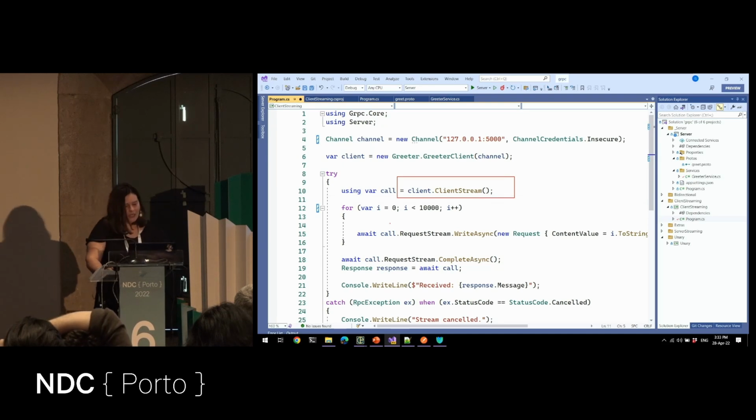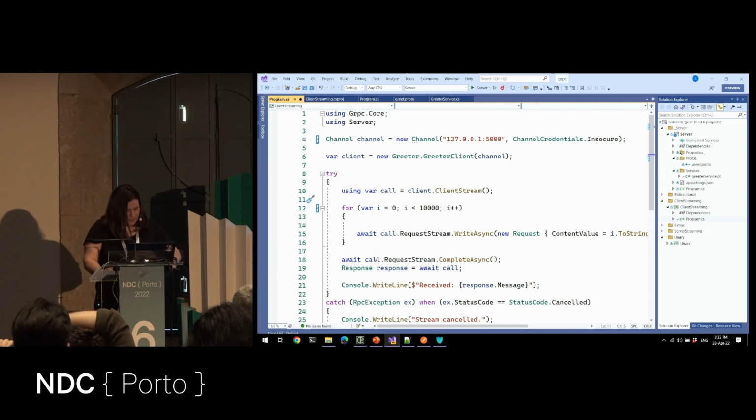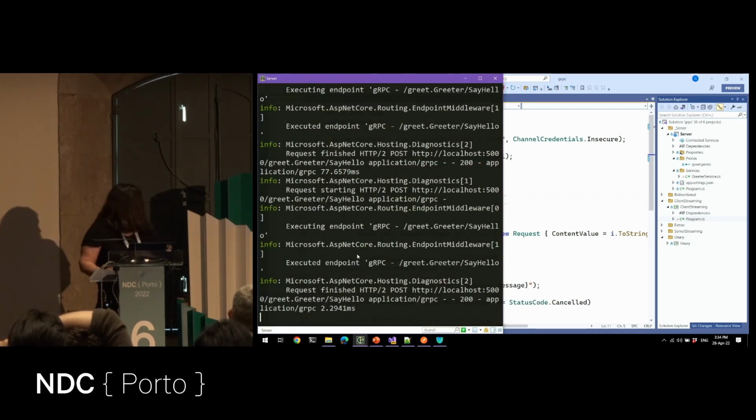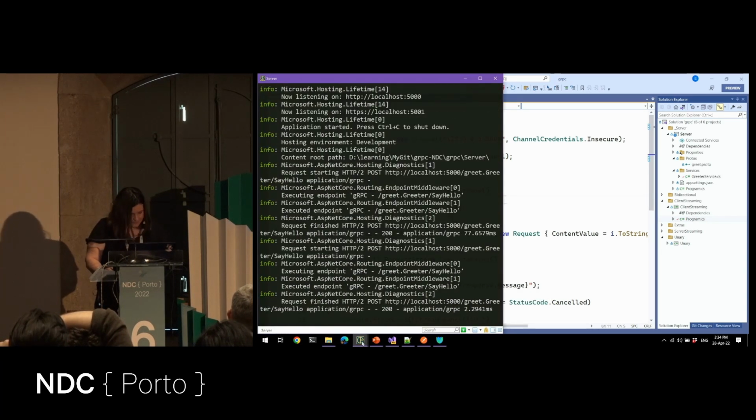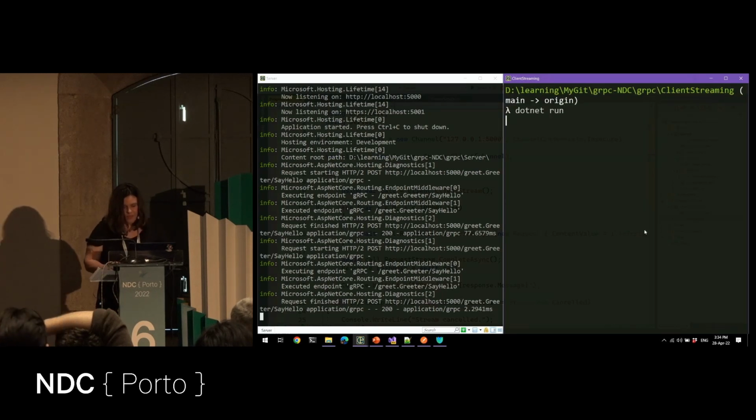That client stream has no apparent logic. It has a for loop that goes to this value and simply writes the value, makes the request with I. Okay, and what we're going to have here is the response. We need to sort of wait and see that the request is done. Okay, so what I'm going to do, it's still here, the server waits for the request, and I'm going to have another console app on the right-hand side, .NET Run, that will issue requests. So because it's a client streaming,